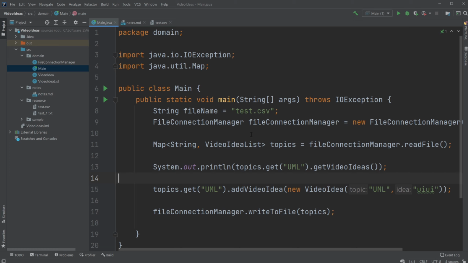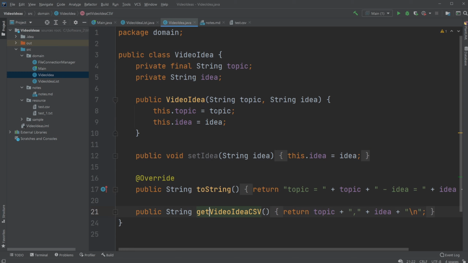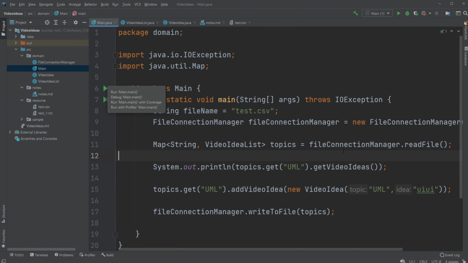Right now it works by having a hash map containing a string, which is the topic of a video idea, and a video idea list object, which contains an array list of video ideas, where video ideas are objects containing a topic and an idea, which both are strings. So what I am doing by now is having a file connection manager, which is an object